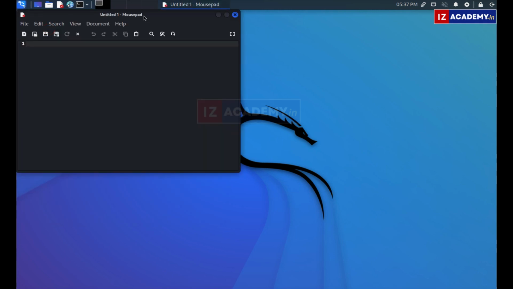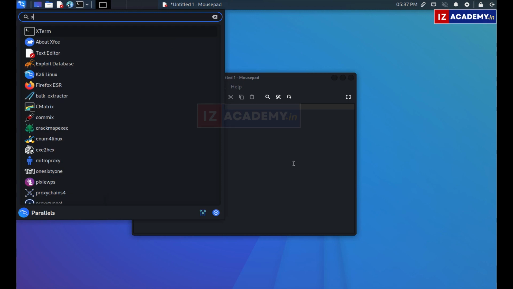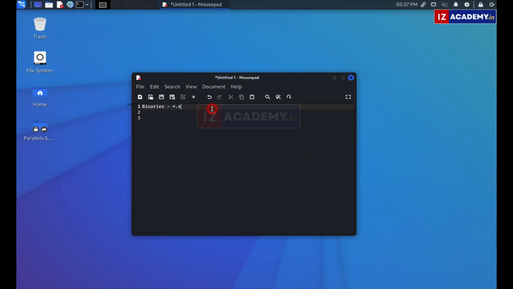a text editor. Okay, let's talk about binaries first. What are binaries? Let's talk about a few terms and concepts. Like, what is a binary? These are the same as executable files. You know, in Windows you used to have executable files, right? If you search for star.exe in Windows, you will see many executable files like notepad.exe, isn't it? So these are executable files in Linux as well.